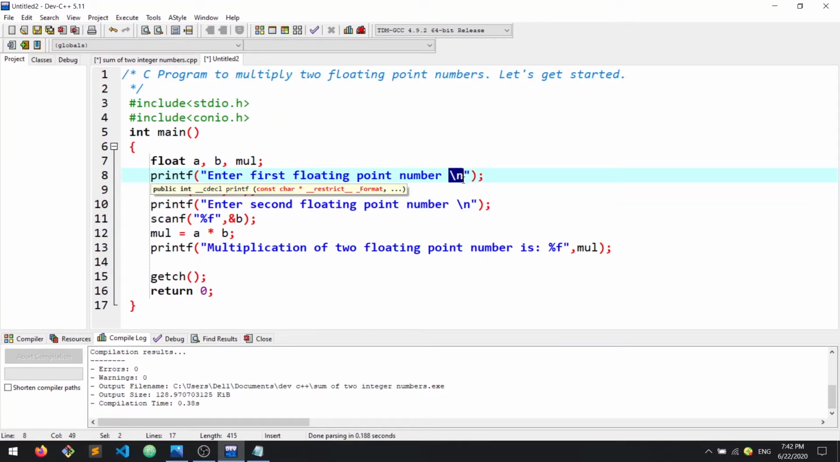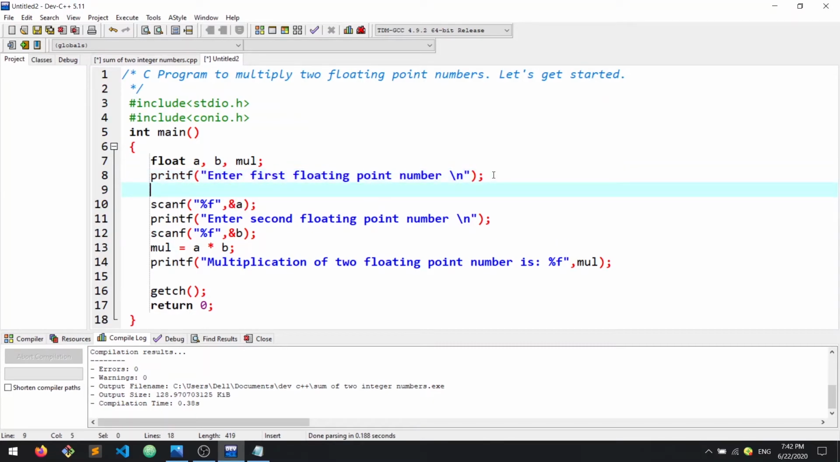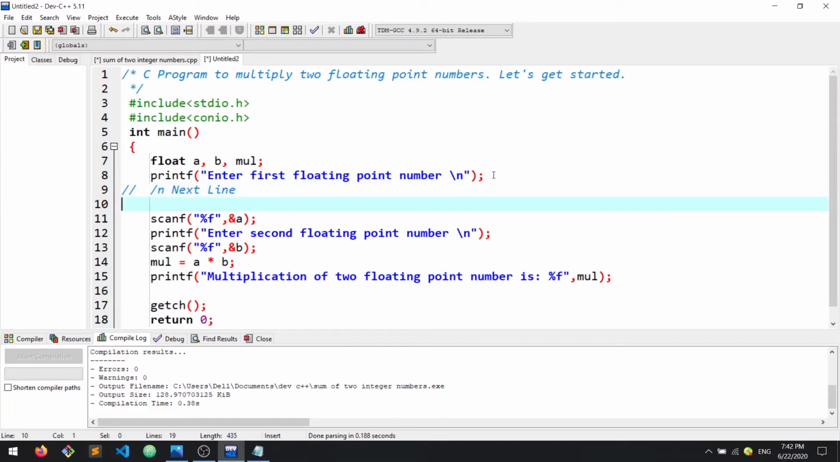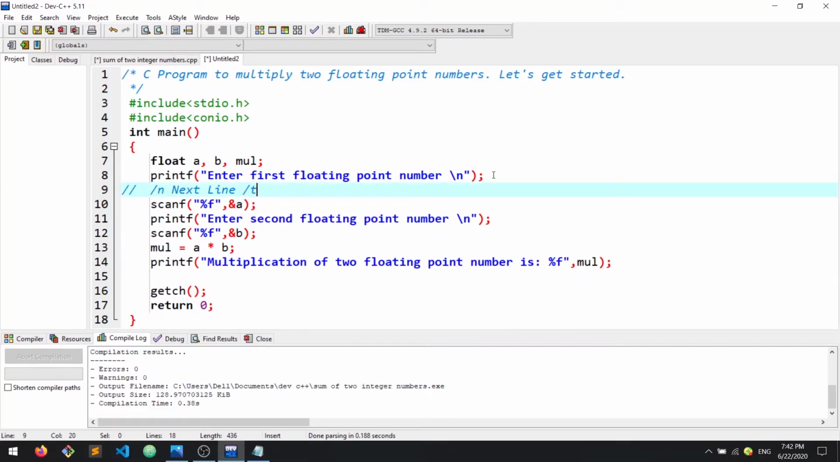Here \n helps the program start the line in the next line. I mean \n means next line. And there are lots of escape sequence characters in C programming like \t, which means tab, and